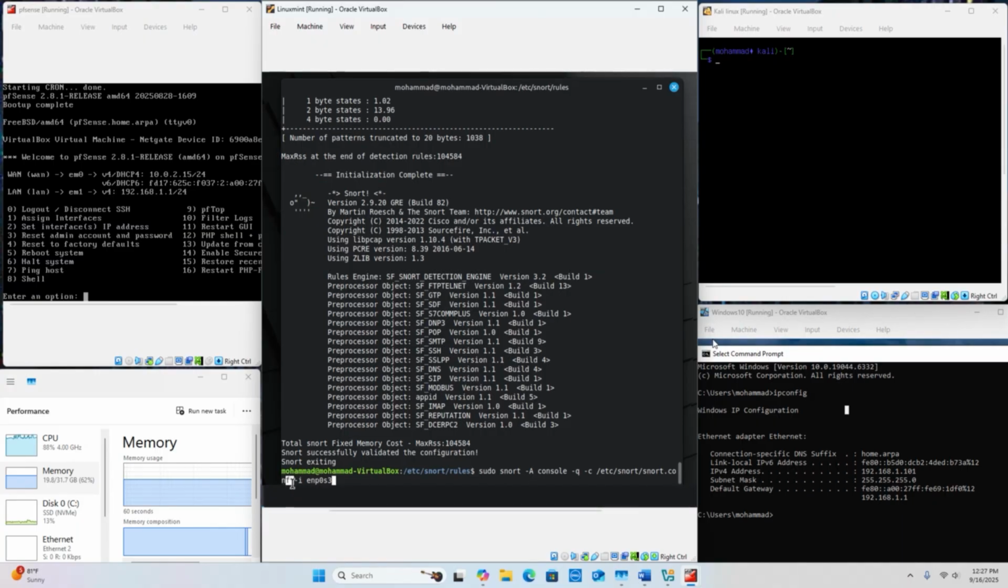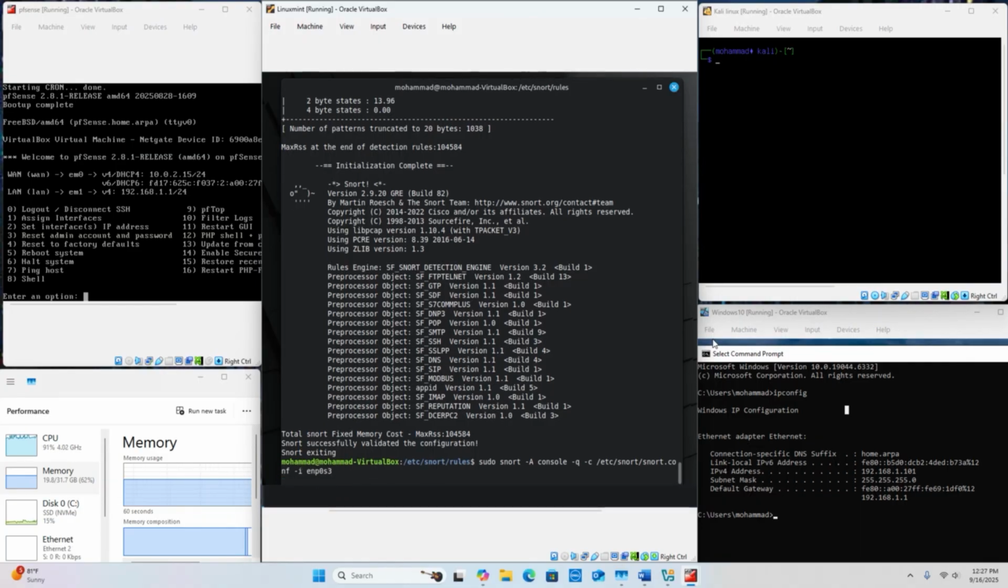snort.conf, using this configuration, and also the interface. This is my interface. This is active. IDS is active. So we are going to conduct a port scanning attack from Kali Linux using nmap -sS, which is stealthy and fast port